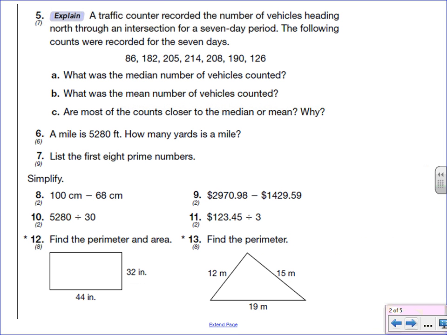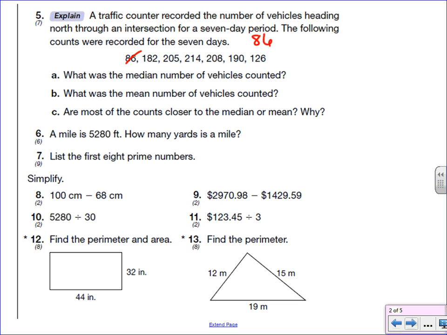Number 5, a traffic counter recorded the number of vehicles heading north through an intersection for a 7-day period. The following counts were recorded for the 7 days: 86, 182, 205, 214, 208, 190, and 126. What was the median number of vehicles counted? So to figure out median, we put the numbers in order from smallest to biggest. So 86,